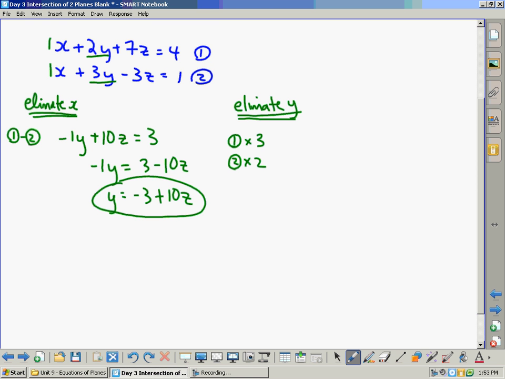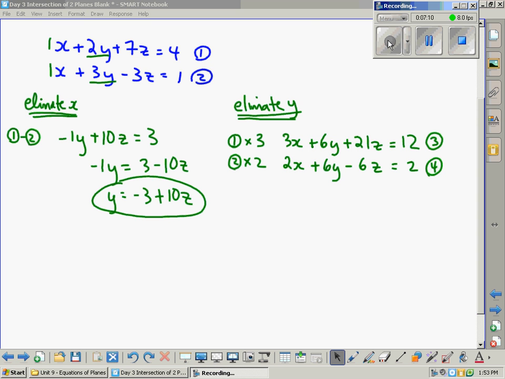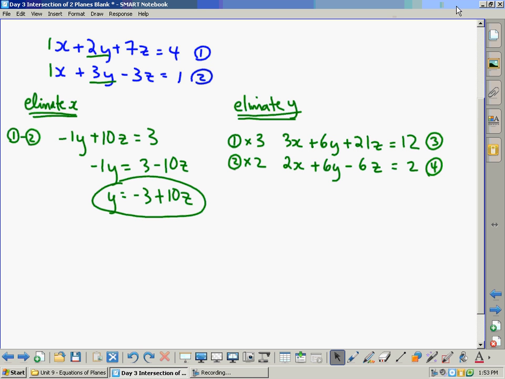So 1 times 3, that's going to be 3x plus 6y plus 21z equals 12. And I'll renumber this 3. And then equation 2 times 2 is 2x plus 6y minus 6z equals 2. And I'll call that equation 4. I should now be able to subtract these two